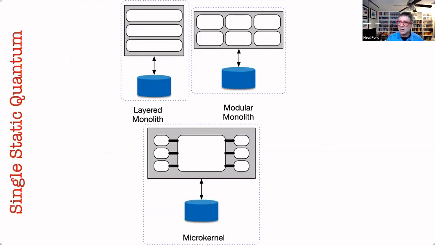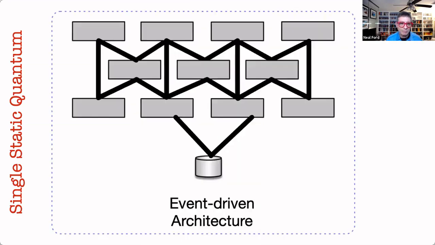So let's talk about static coupling in architecture, and we can talk about the static coupling between quanta. So the idea of an architecture quantum is this deployable unit within software. And part of this is a measure of how things are coupled within an architecture. And so, for example, these are all a single quantum. So anything that has a single coupling point, like a single relational database, is always going to be a single architectural quantum. So the layered monolith, modular monolith, microkernel are all a single quantum because they're all coupled to a single coupling point. Even an event-driven architecture, if it is only talking to a single relational database, is still